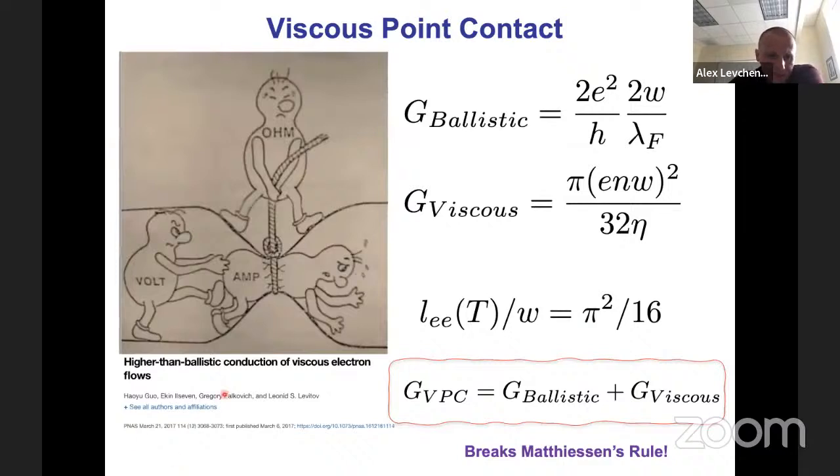And again, this is the reference to the original work of Levitov and Falkovich, showing you the ballistic regime that according to Landauer scales linearly with the width. The viscous regime scales quadratically with the width of the channel. By the way, this manifestly breaks Matthiessen's rule in the kinetic regime. Matthiessen's rule tells us that we need to just additively add resistances. Here we are actually additively adding conductances, which means that these resistances are added in parallel to each other rather than in series. So the hydrodynamic regime offers quite interesting things that break normal dogmas of solid state transport.